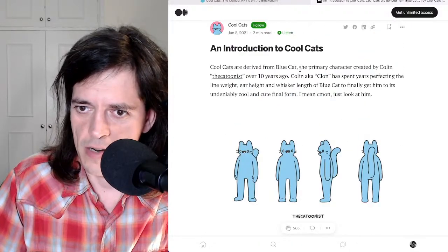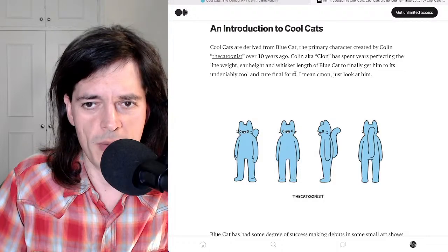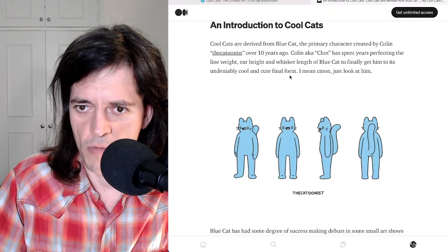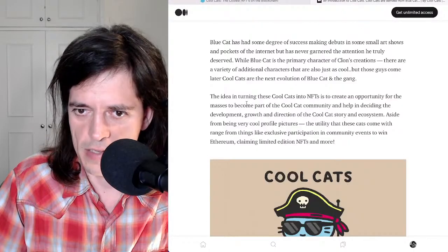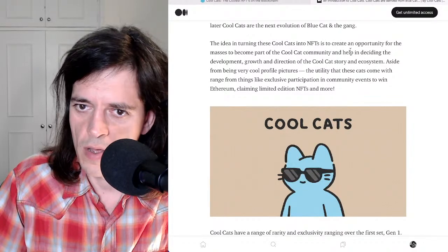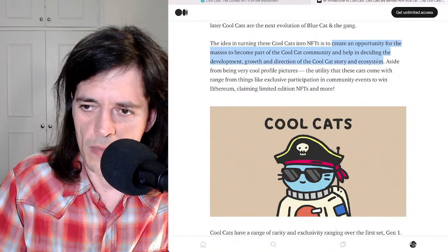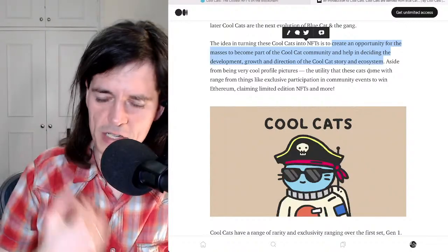So when I first encountered Coolcats, when I first heard about Coolcats, was around the time I encountered Robotos as well. And to me, there was a similarity between Robotos and Coolcats, which is a kind of artist focus. And I see that here as well. Okay, the Blue Cat, etc. Art shows. Create an opportunity for the masses to become part of the Coolcat community, and like the Coolcat story and ecosystem. So that matches very well with